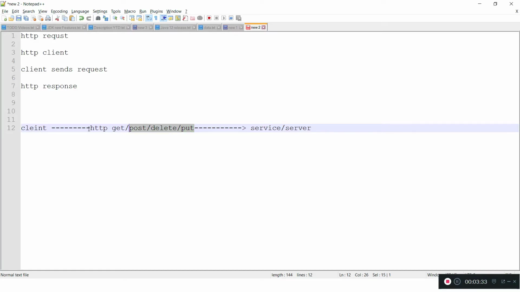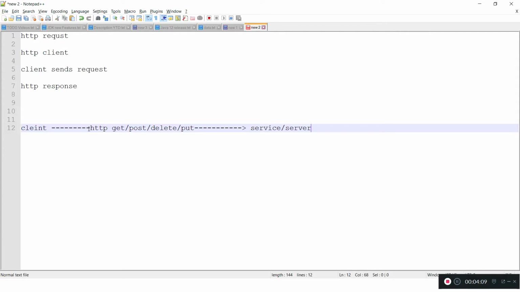With a GET request, we can only get some information. POST is to post some information, meaning to store it in the service. And delete requests the server to delete something. So the client sends the request over the HTTP protocol, the server receives it and responds back with the required information, and then the client evaluates the response and proceeds further.